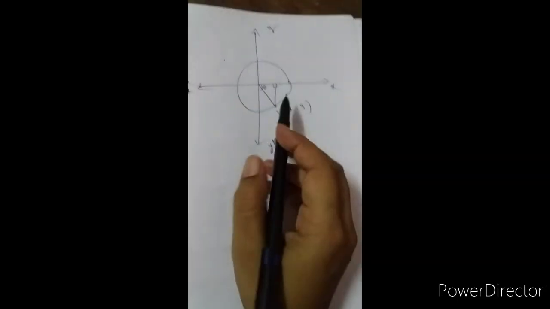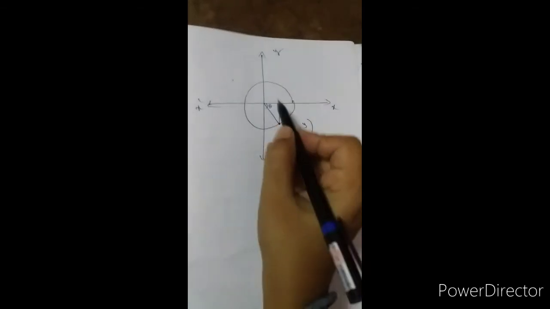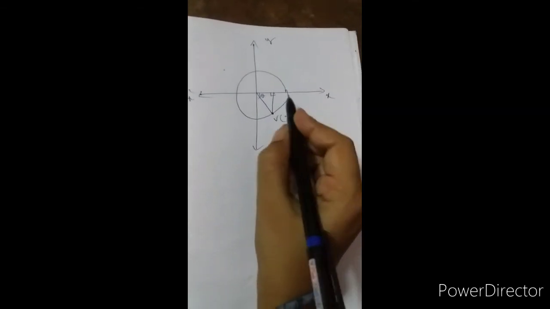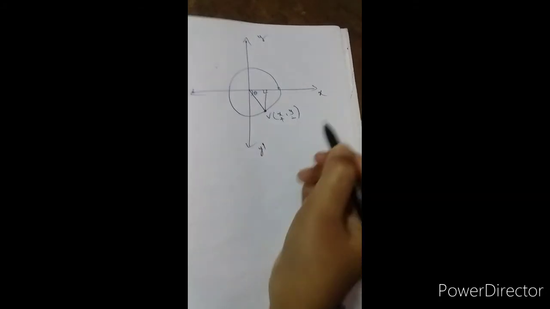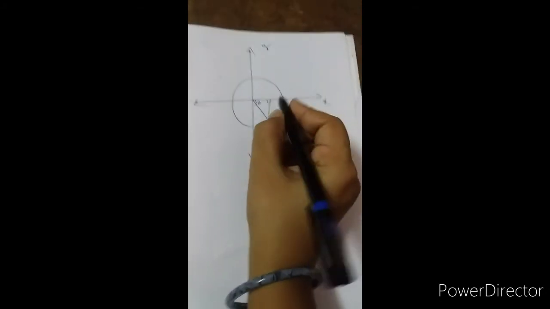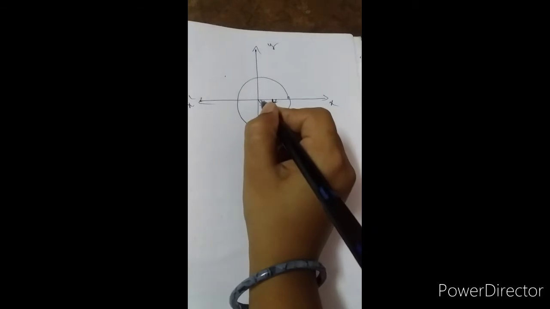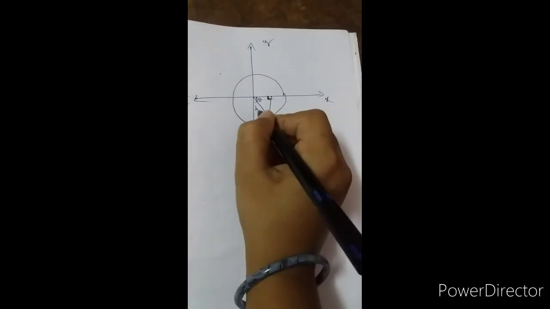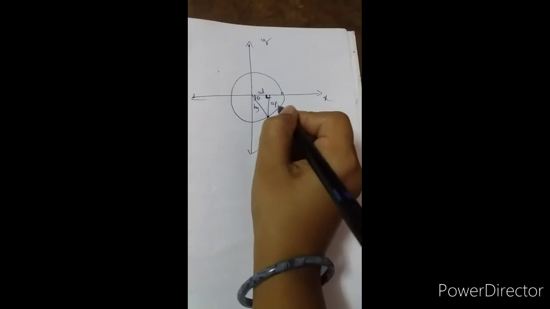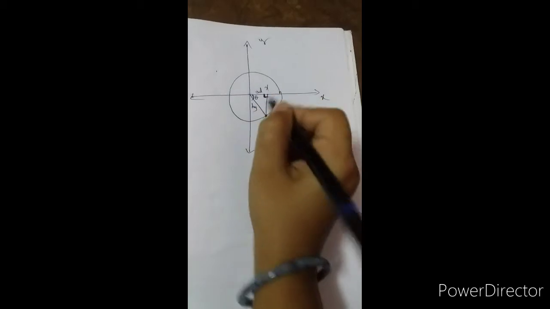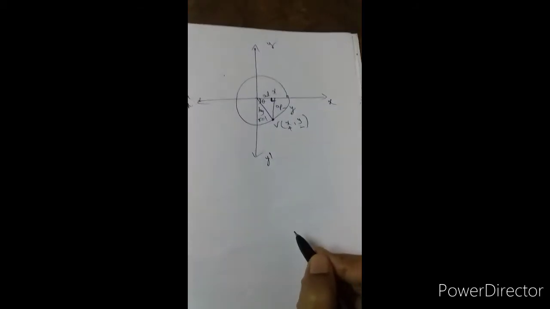Okay. Next one, again consider a coordinate plane and construct a unit circle. This is the point x comma y. X is positive and y is negative. Okay, so this is the right angle triangle and theta is here. So this is the hypotenuse, this is the opposite side and this is the adjacent side. It will be minus y and it will be x, and r is equal to 1.